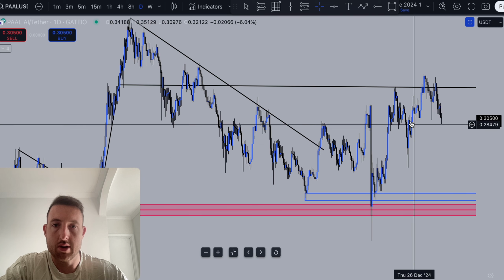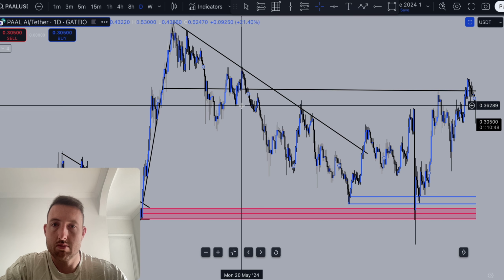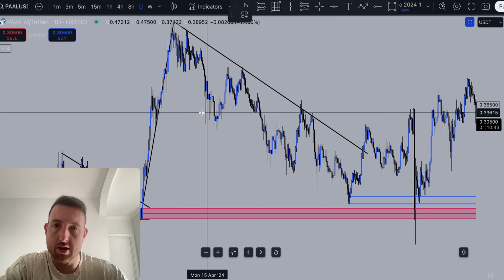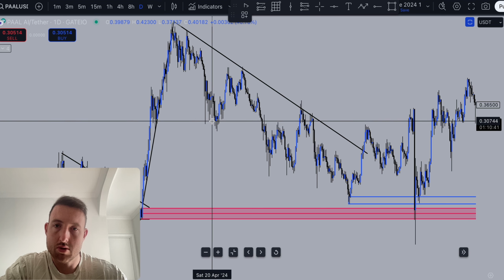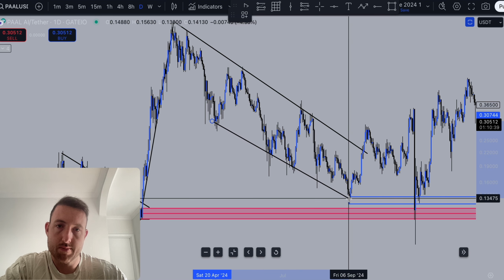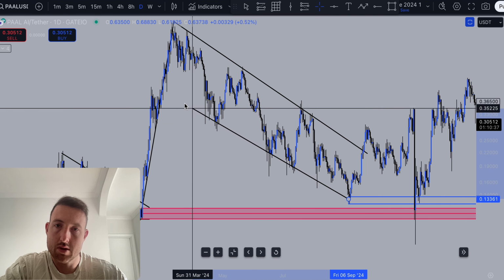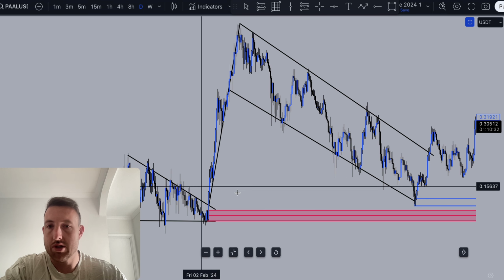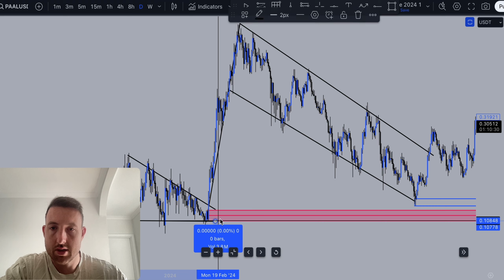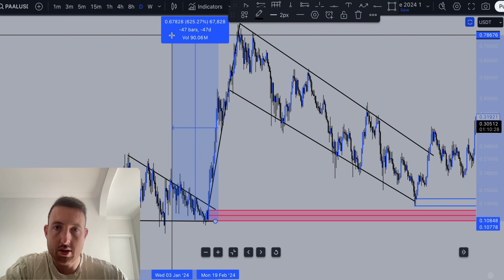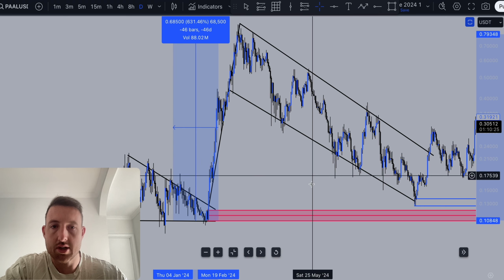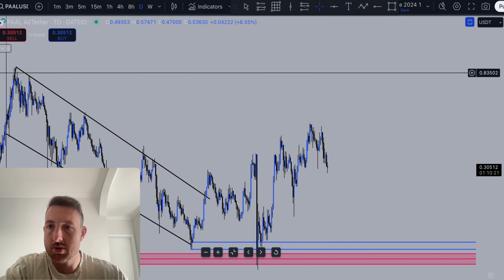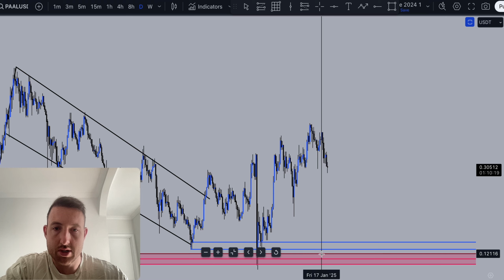So draw that bull flag again. So the target for our bull flag is, if we measure from the bottom of the bull flag up to the top of the bull flag, 631%. So that from the bottom of our move, which is the top of this imbalance, we can measure 631%,